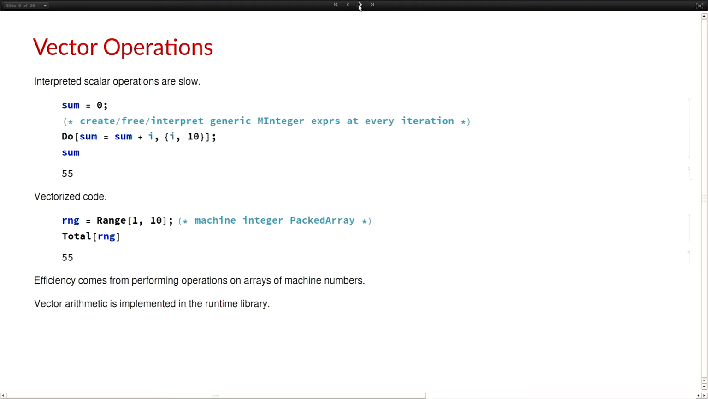So let's look at what are the advantages. Well, this is a typical one. In a procedural type of language, you write something in an iterative way. You just sum numbers in a loop over and over again. Every single time you do some operation here, you're making data structures, and you're interpreting the operation. And there's a lot of overhead. You're having to go through the evaluator in Mathematica, etc., which you don't want to do